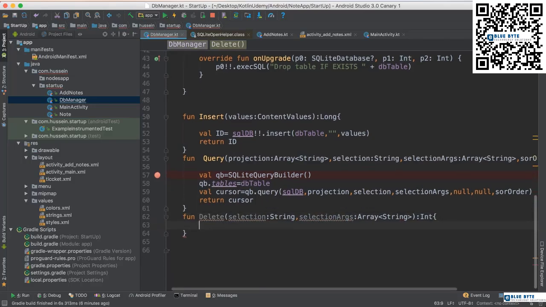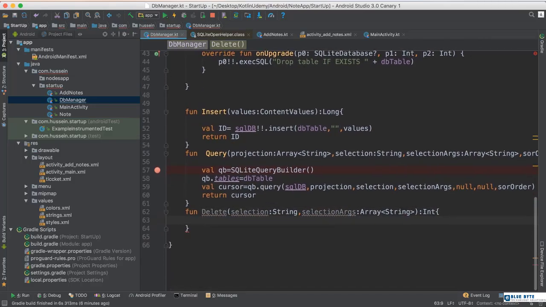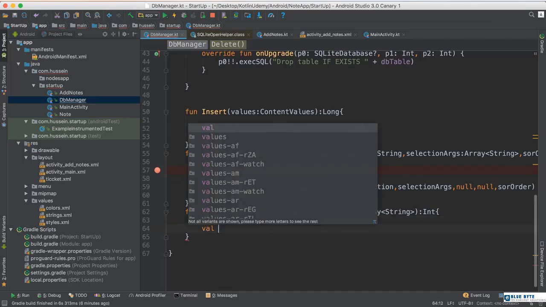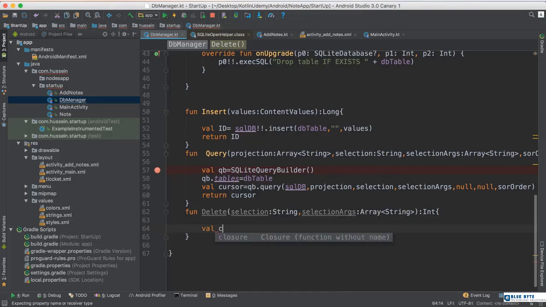So I get selection and selection argument. Like, I want to delete by ID 1. Anyone who has ID 1 is deleted, anyone who has ID 2 is deleted, or whatever. So just say, hey, I have a val for the count of returned items. So you say SQLDB, which is this one, then you say dot